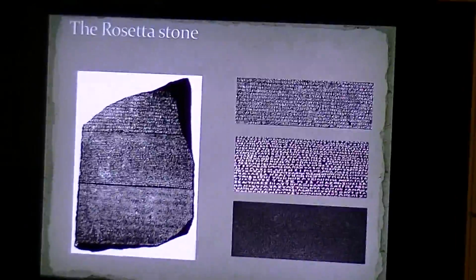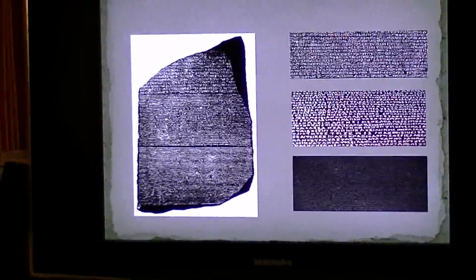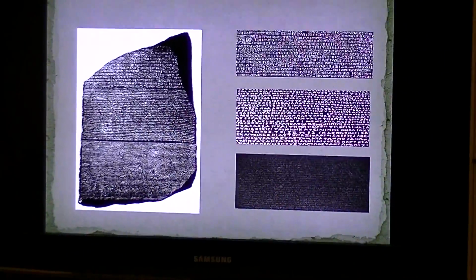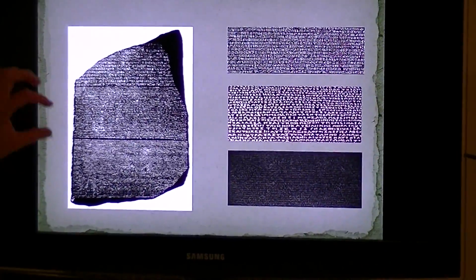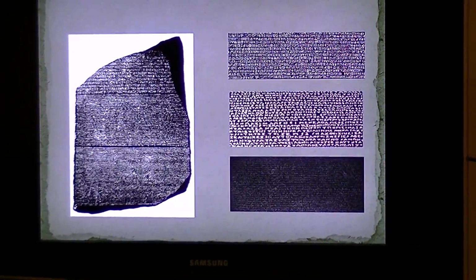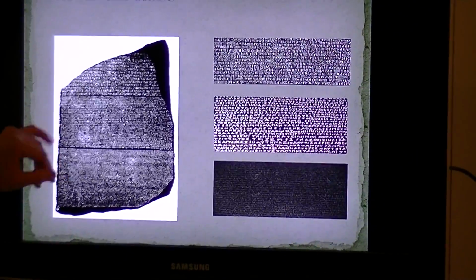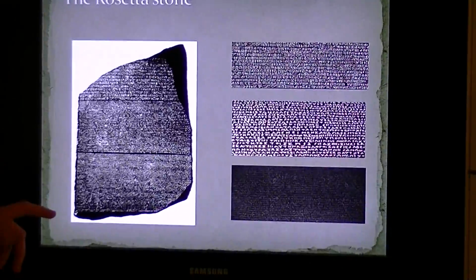Now, this one is very interesting to me. This is called the Rosetta Stone. This stone was discovered by a soldier of Napoleon Bonaparte in the Rosetta Valley. The stone is currently held in the museum in London. As you can see, there's 3 distinct divisions of the stone. Each division has a different type of writing. The top division is the hieroglyphics of ancient Egypt. This should be the Greek. And this is what they call the Demotic, which is cursive hieroglyphics.